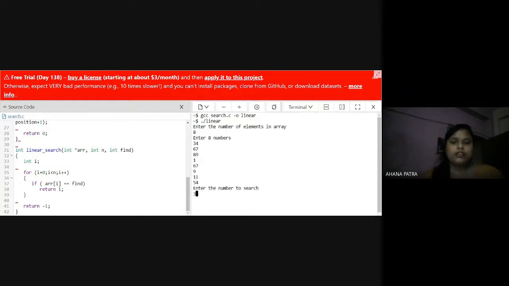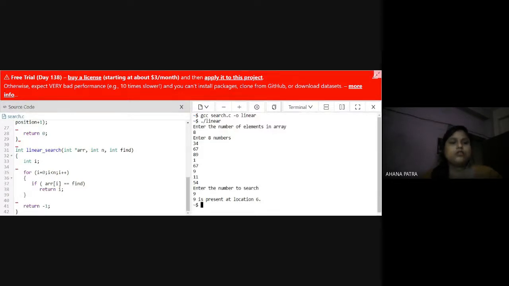Now we enter the number we want to find. At first I search for the number 9. Suppose 9 is in the array. So 9 is present at location 6. Counting 1, 2, 3, 4, 5, 6, so 9 is present at location 6.